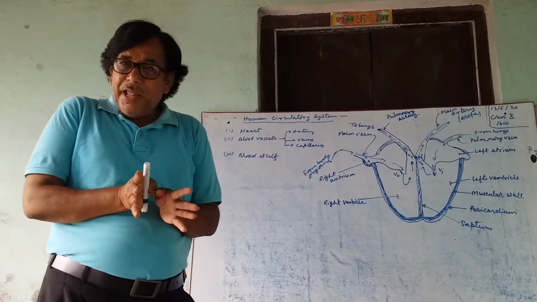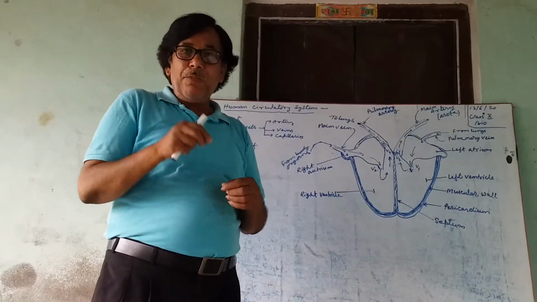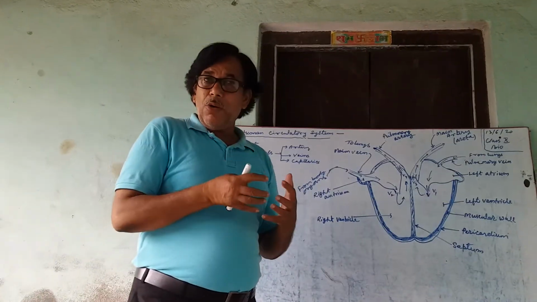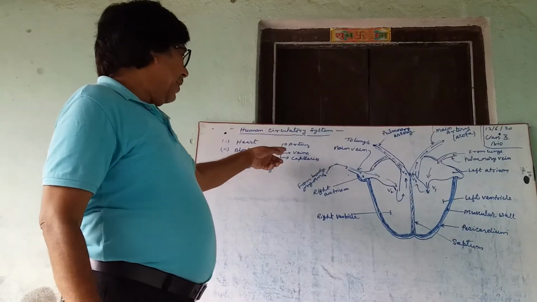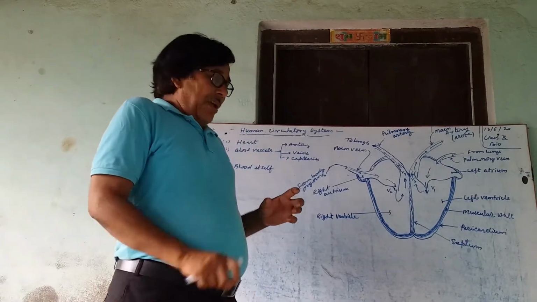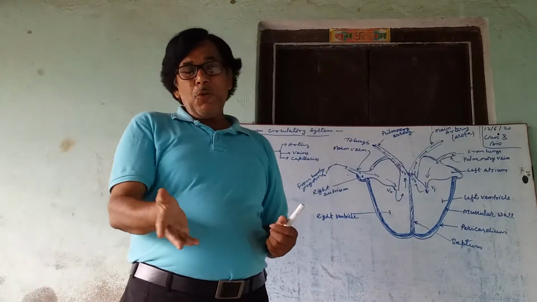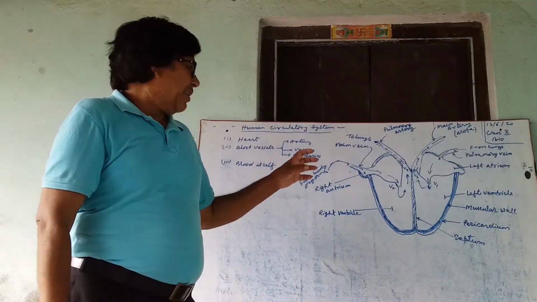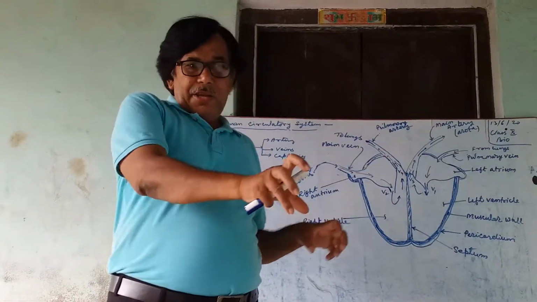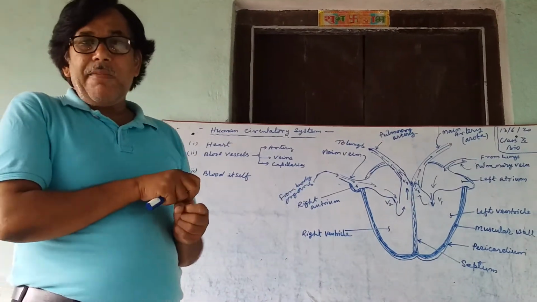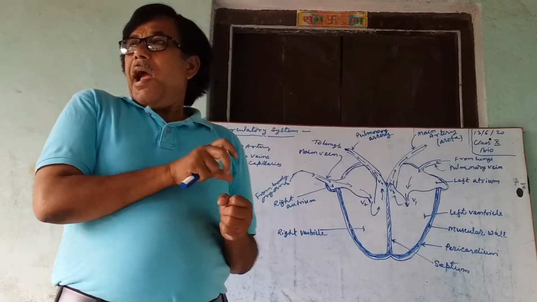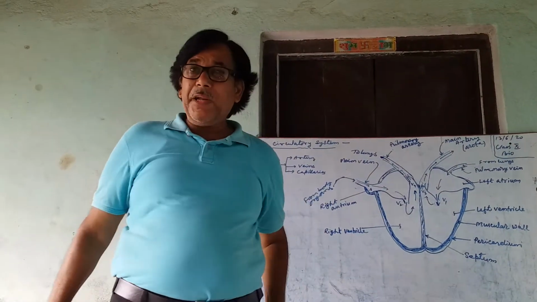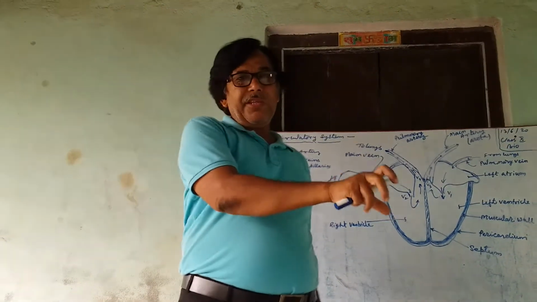These arteries and veins are divided and branched into very thin tube-like vessels. They are called capillaries, the artery capillaries and vein capillaries. These capillaries help in the exchange of materials. For example, the pulmonary artery receives waste like carbon dioxide and other things from the cell, and the main artery capillary gives oxygen and digested food to the cell.